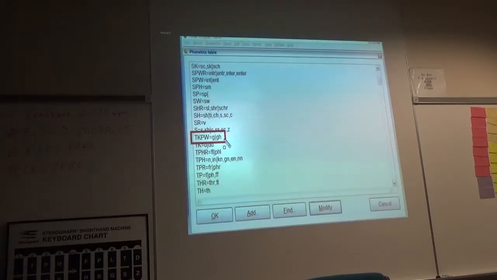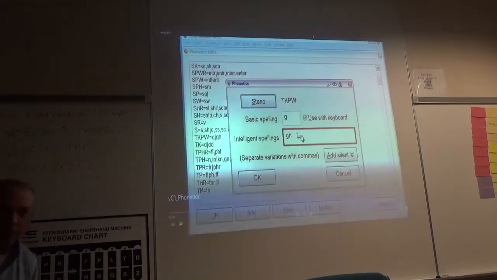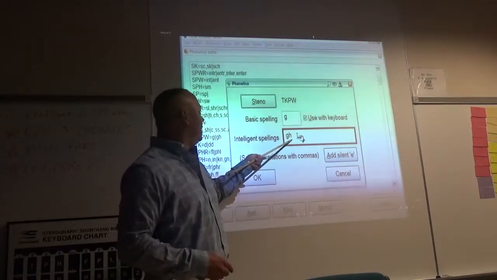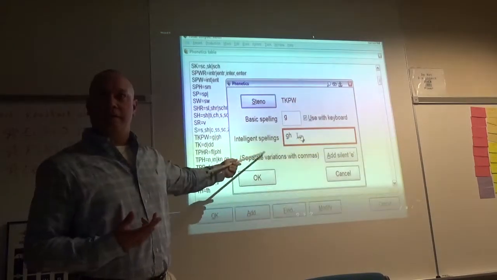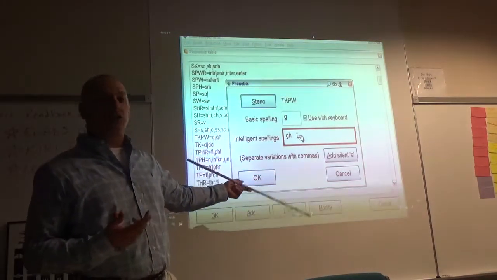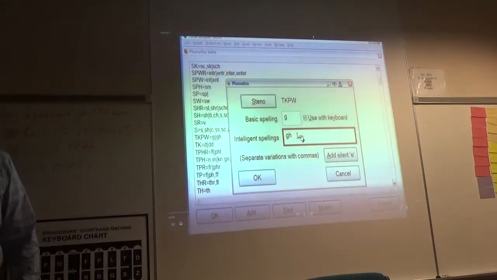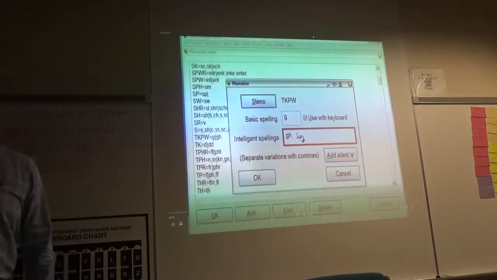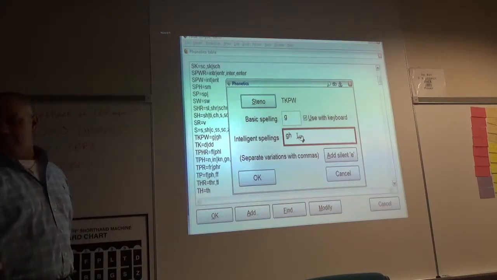Now here's a different line that has a bit more to it. When Eclipse sees the steno TKPW, it basically expects this steno is used to spell a word that has G in it. So it's a G, and the intelligent is GH, because when you write ghost, it's going to know it's not GOST, it's GH. So that's the intelligent of the G. If you wanted to totally redefine your G, you could, but I wouldn't. It also considers the spelling GH as it's figuring out what your steno means.